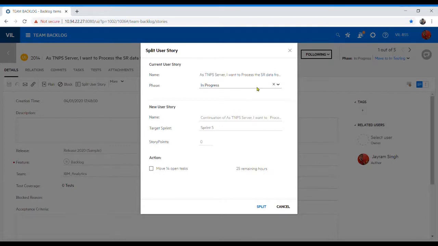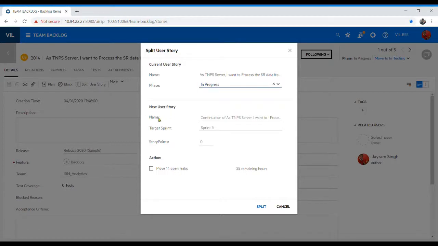So that's why we selected the in progress phase. Completed you cannot split, because completed you have already monitored. There are options in progress, in testing and new; three types of user story you can split. Currently I am selecting in progress, and all the in progress user stories I am going to split.